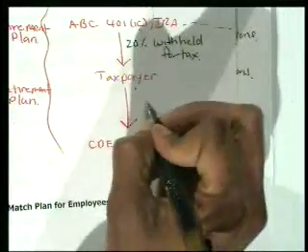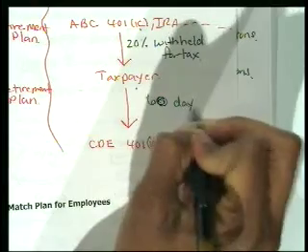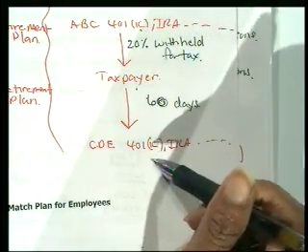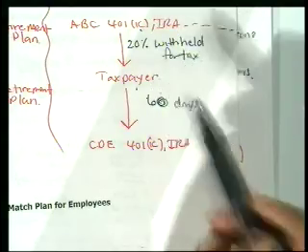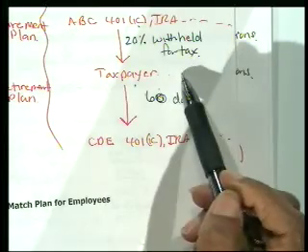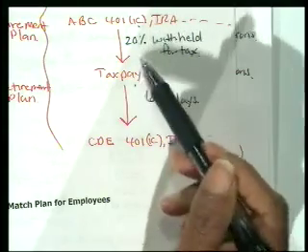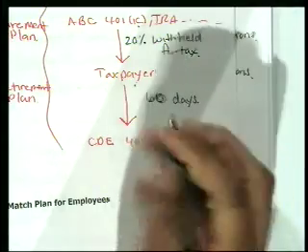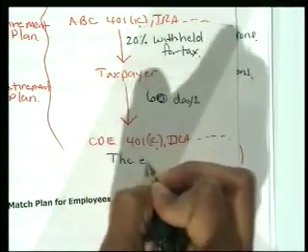And then I'm going to have 60 days to get it into CDE. Now the difference is that when I got it, I only received 80%, because remember, they withheld 20%, and the IRS took 20%. But then when I put it back into CDE, I have to put the entire amount in there.